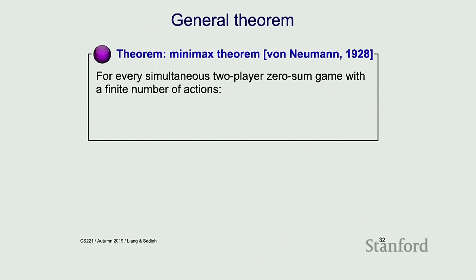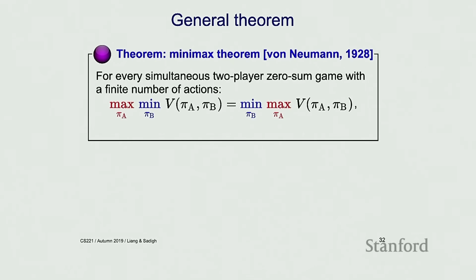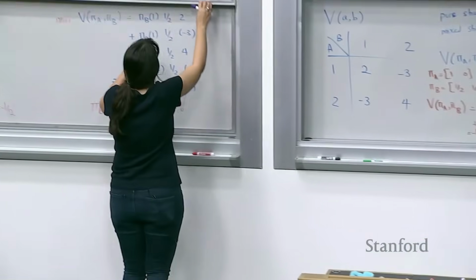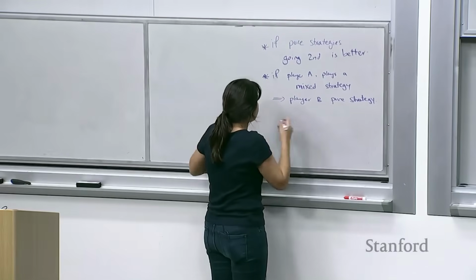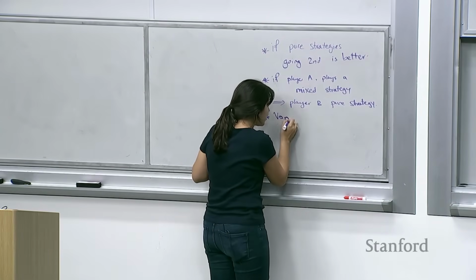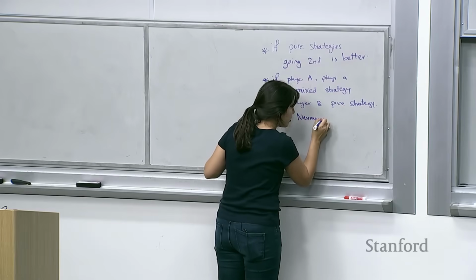So von Neumann, like this whole thing that we just did over this one example, there's a theorem about it that says for every simultaneous two-player zero-sum game with a finite number of actions, the order of play doesn't matter. So B is playing second or B is playing first, the values are going to be the same. If you're minimizing over the maximum or maximizing over the minimum of that value, it's going to be the same thing. Okay? So this is the third thing that we just learned, which is von Neumann's theorem,